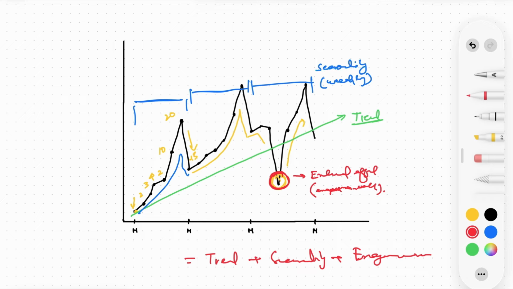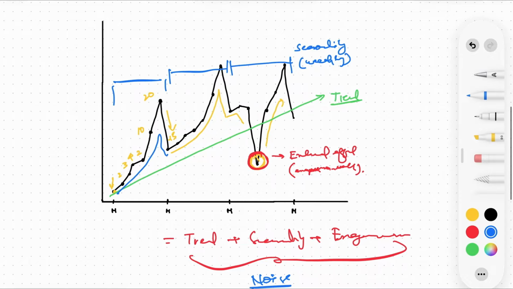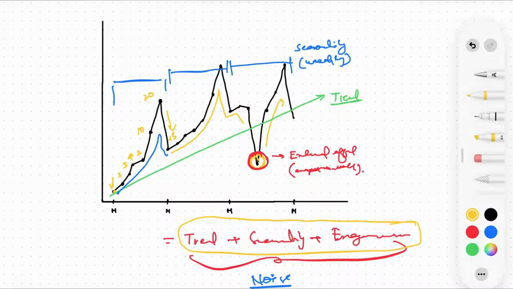Anything that is remaining apart from these is noise, which is something that you cannot capture. That is the random variation of nature itself. So your aim is to capture these three components from a time series data. If you are able to do it, then you are doing a good forecast.